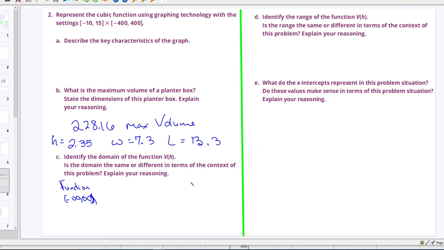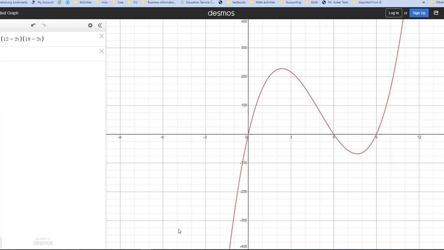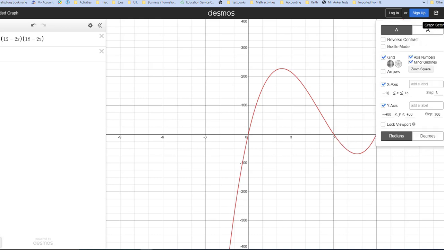But we have a story going on. So when we take into account our story, we have to consider what that y is standing for. And when we consider what that y is standing for, we realize that we really can't have any of this negative down here, nor the negative down here. So that's really going to restrict our domain